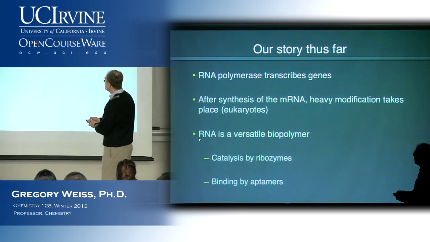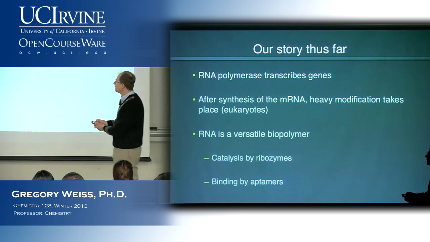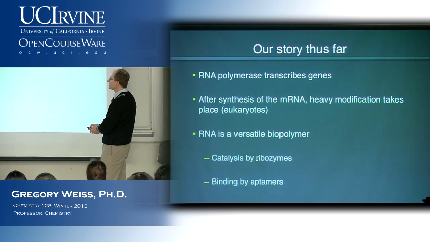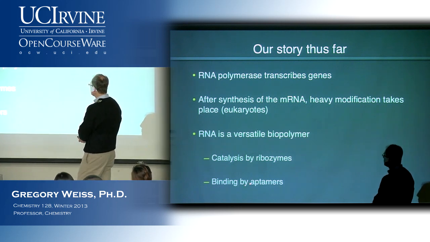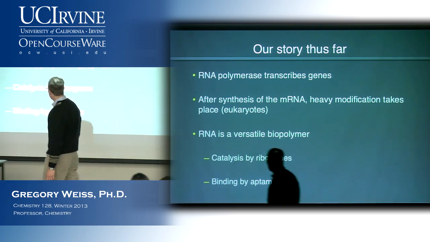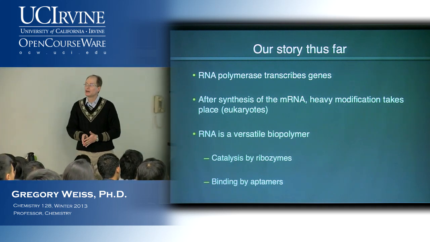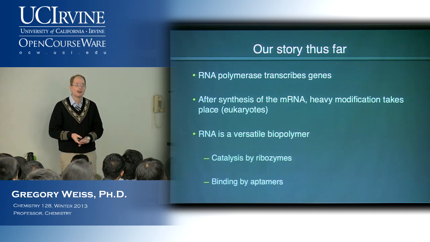RNA, as we saw, is also a very versatile biopolymer, beyond its ability to be both an mRNA and a tRNA. For example, we saw catalysis by RNA, by a class of RNA-based catalysts that we now call ribozymes. And it turns out this actually works very, very well. We also talked a little bit about binding activity from RNAs, aptamers. All these things make RNA a really versatile molecule that is ripe ground for all kinds of discoveries. Whenever I pick up Science or Nature, there's something new about RNA in there.